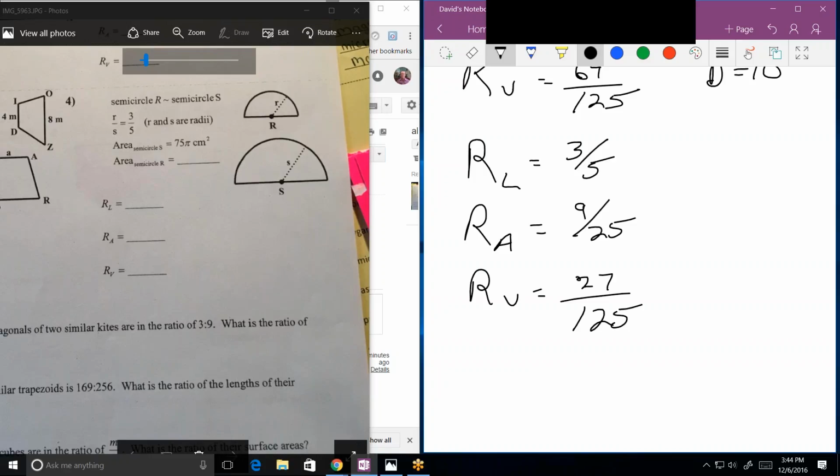Now, they want the area. So they have given us the linear ratio, and they want the area ratio. So give me the ratio equation that I can set up. You could do 3 is to 5. No, that's the linear ratio. We have to use the area ratio. 9 is to 25 as